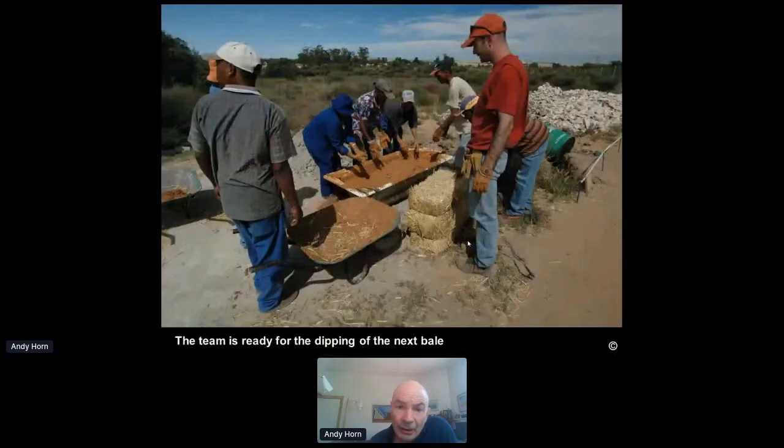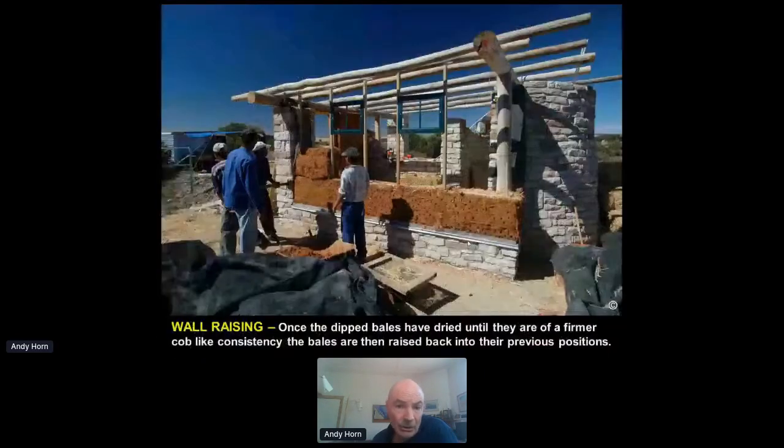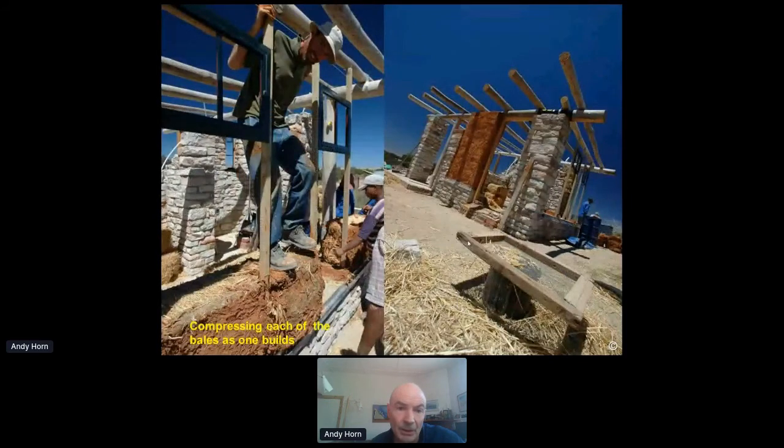This is a little tourist facility, and there you can see the bales waiting. They're busy half drying before they get stacked, so the guys are having a lunch break and waiting a bit for them to dry. In fact, some of them start to dry too quickly, so you can see there's a shade cloth, because we had to prevent them drying too quickly. Otherwise we would be building with bales that wouldn't have any tackiness left. And there you can see the cobbing holes. So you start to work that surface of the wall as you build it. There you can see jumping on again,